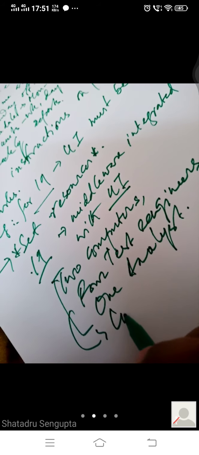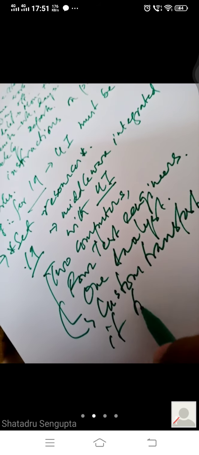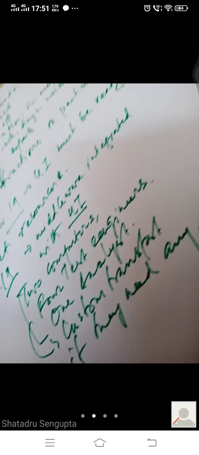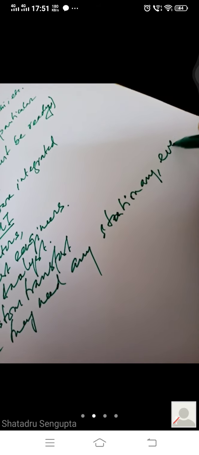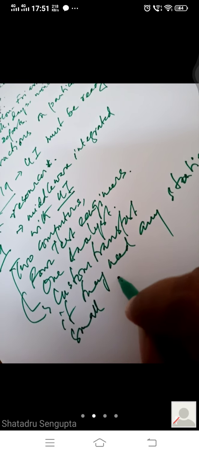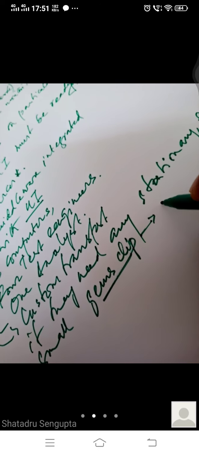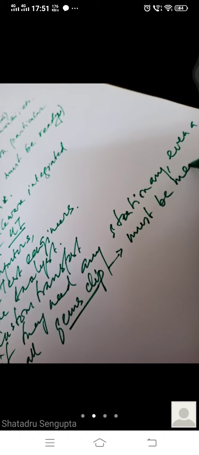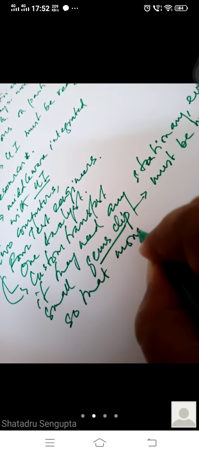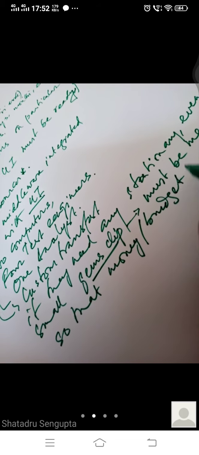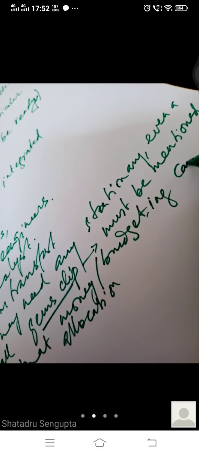Then let us say they have to be provided with custom transport if they need any stationery, even a small gem clip. So it must be mentioned. Only mention so that money or budget, money allocation or budgeting can be